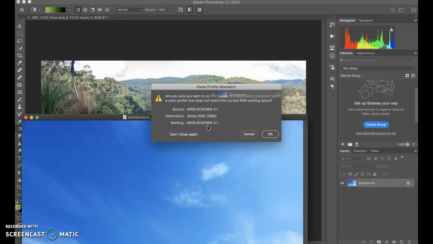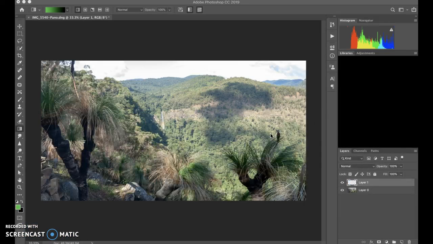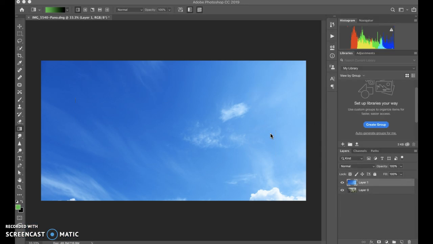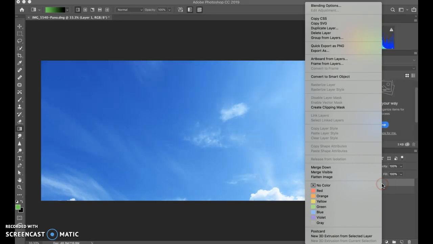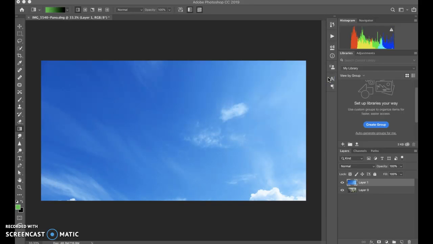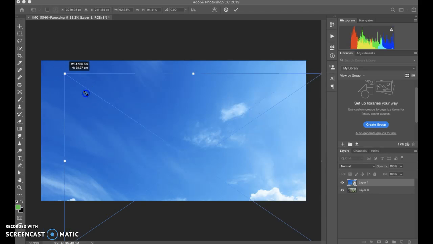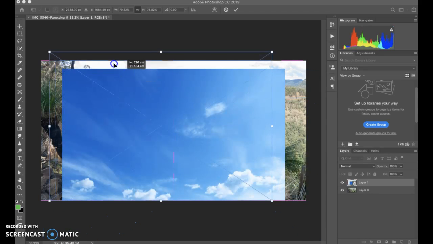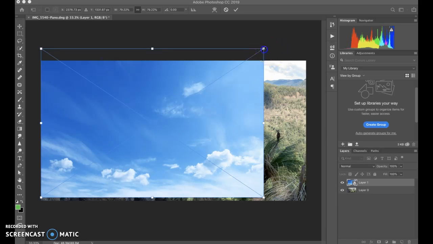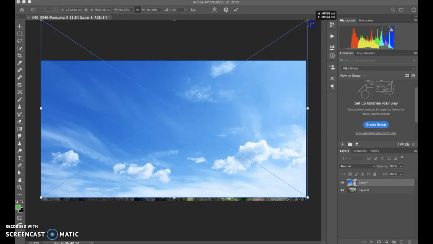Now I've got a profile mismatch here. It's saying that the destination is Adobe RGB, source is sRGB, so that's fine. It won't shift too much. We can always color correct it if there is a slight shift. And we're going to create a smart object from that image. And now that that's done, just so that we don't lose the resolution, we'll bring it down to a more workable size